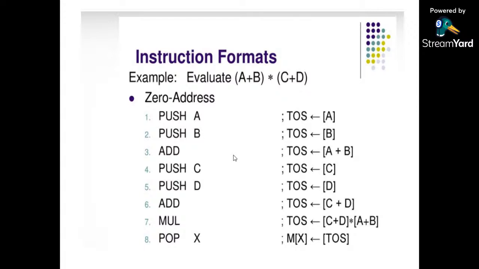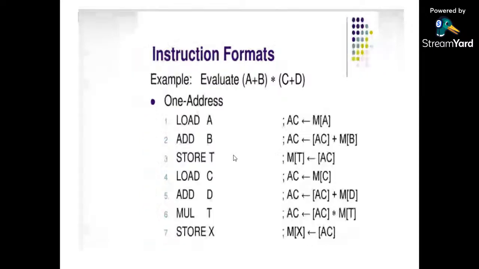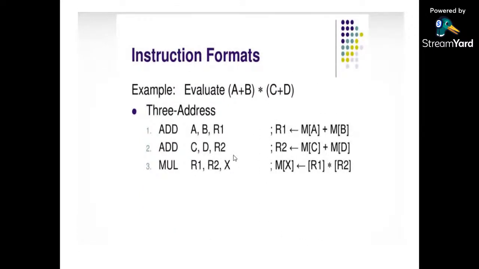Okay, so now one may ask, what is the use of different instruction formats? It is clearly visible that if we have the three address instruction format, then we require the least number of instructions or steps to execute the given equation. So then why should there be two address, one address, or even zero address instructions? The answer is that it depends upon the type of instructions or the structure of the